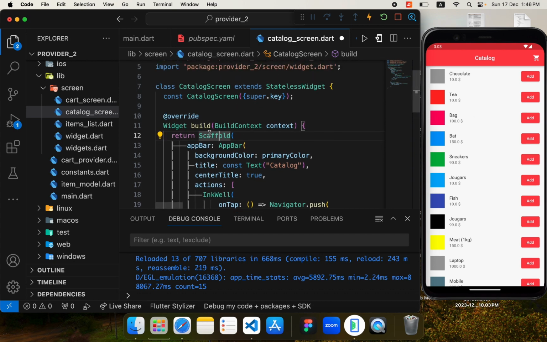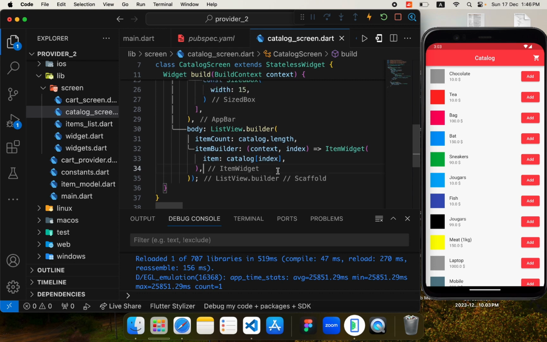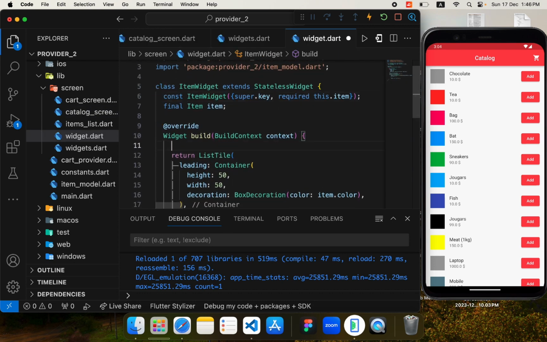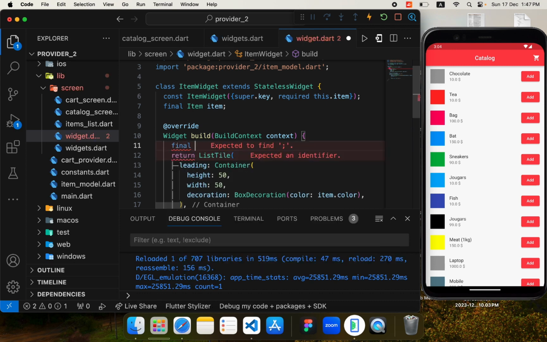Okay, so we keep it above both the screens in order to listen to changes on both screens. Now it's accessible in both screens. Here I would like to access it in the item widget. Here I would like to create a provider